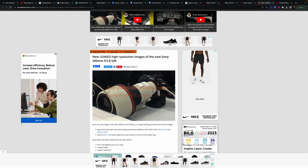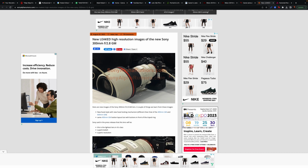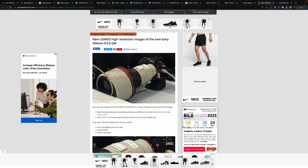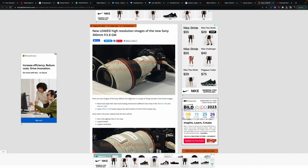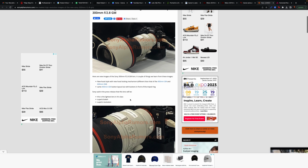Okay, Sony fanboys, I've got something for you. You may have already seen this, but you know what? I think you're going to like talking about it anyway. Let's get to it. Okay, so what we have here is new leaked high-resolution images of the new Sony 300mm f2.8 G Master lens. Okay, so here we are. Now, these are supposedly leaked images right here. Okay, you go check it out for yourself,